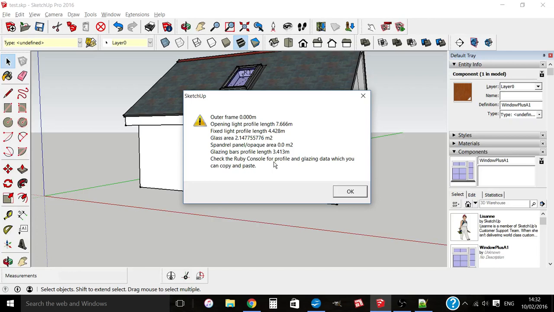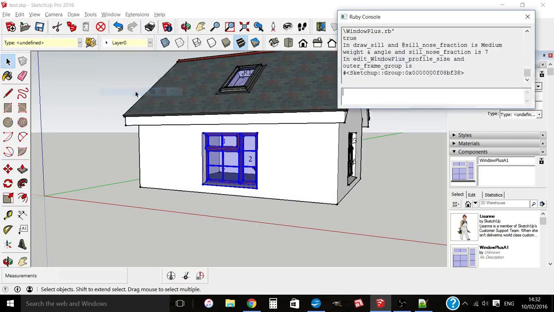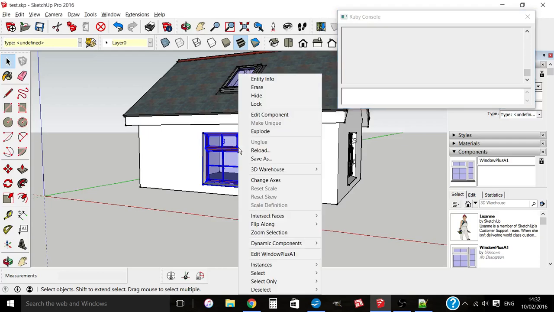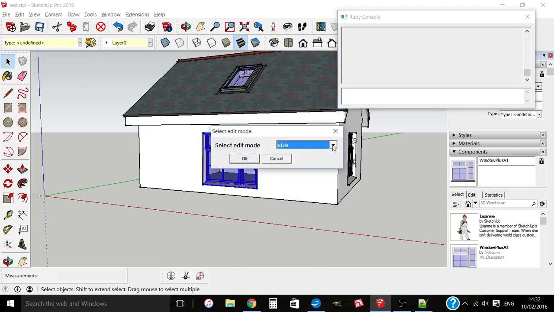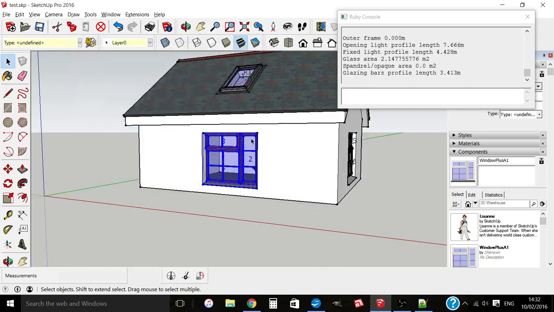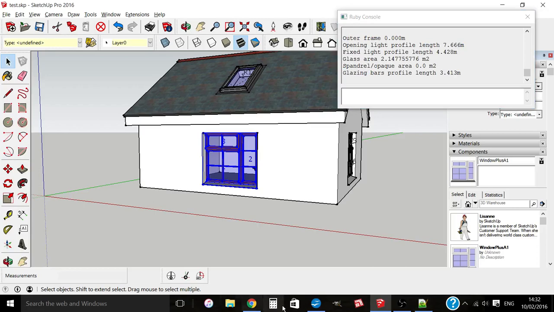And you can cut and paste this into a table program, a spreadsheet program, but you'd actually have to open up the Ruby window. So I'll show you how to do that. Just go into Window in SketchUp, call up Ruby console, not Ruby window, and I'll get that stuff out of the way so you can see it happening better. And then if I call up profiles and areas again, you can see it first of all in this window, but when I click OK, you can see how it also appears in the Ruby console. And you can copy that, Control C,